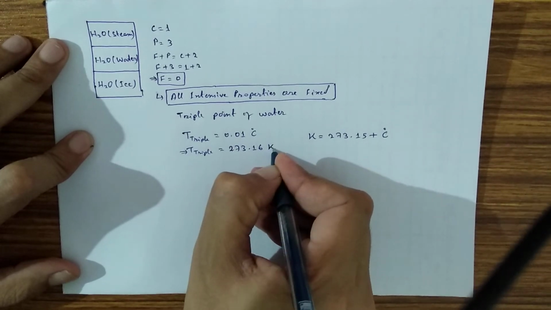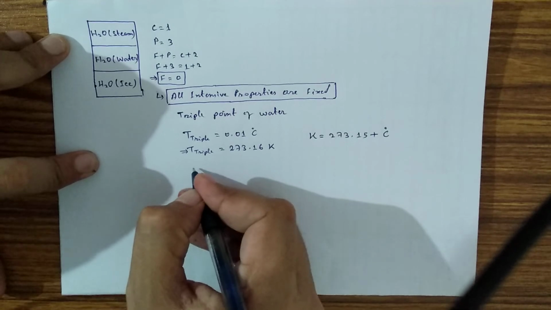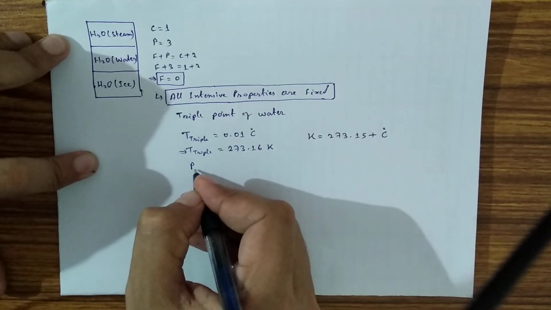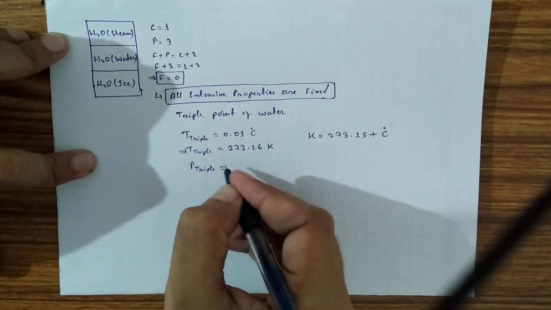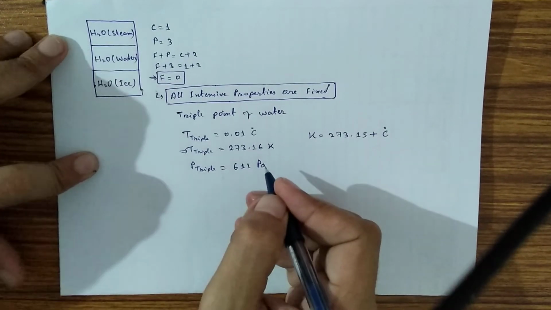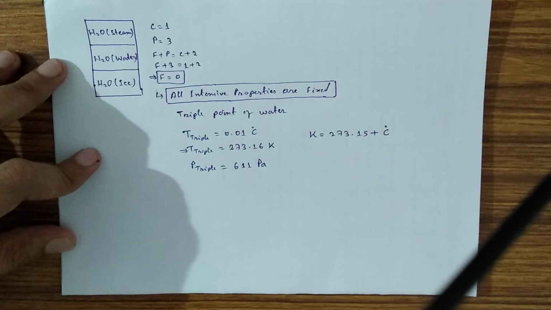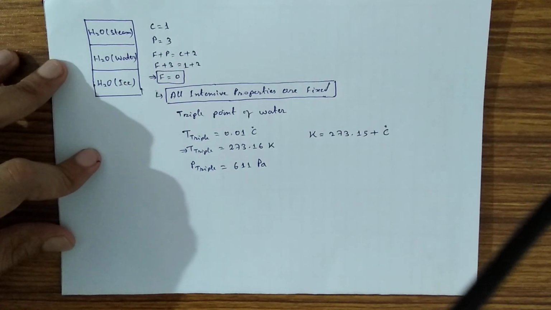In Kelvin, the triple point temperature is 273.16 Kelvin, and triple point pressure is 611 Pascal. So we have seen that at the triple point degree of freedom is 0. That is, all intensive properties are fixed, and that's why the